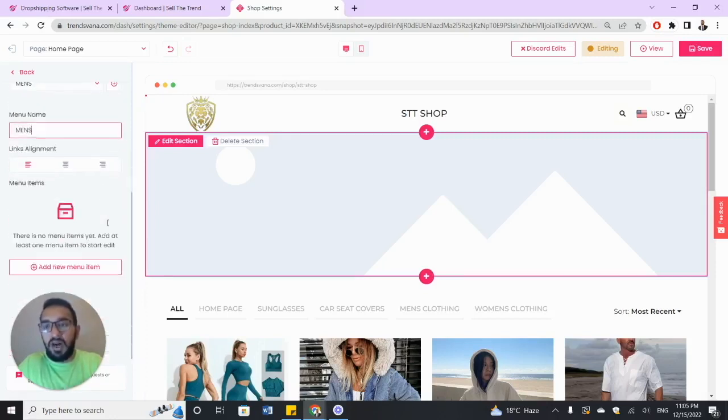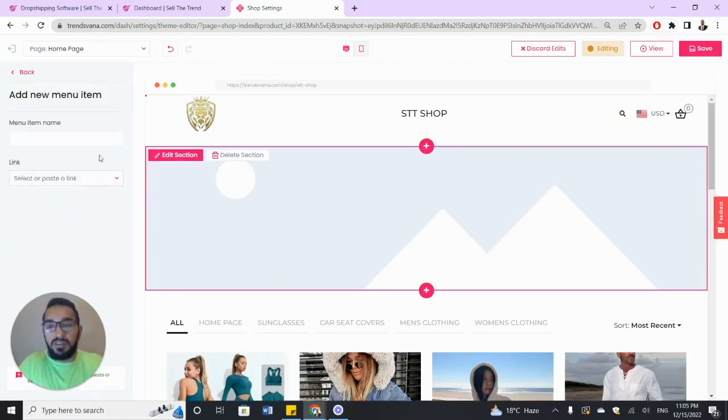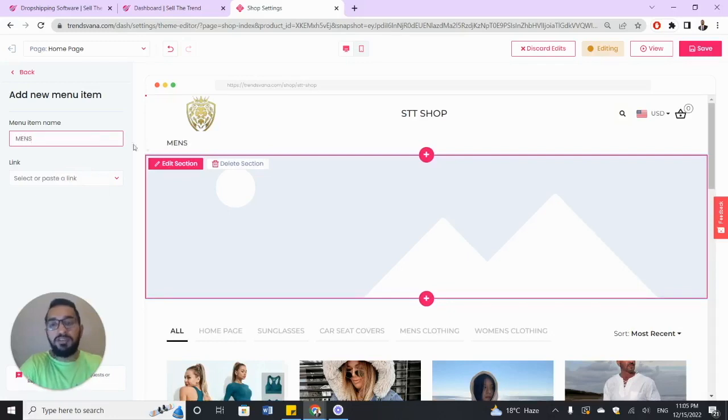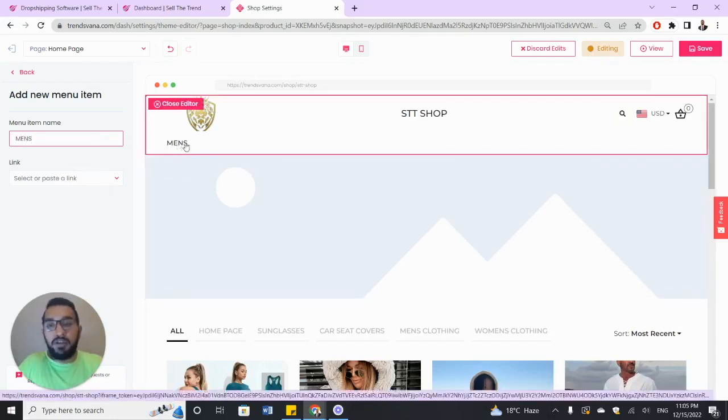Okay, so now you can add a menu item. Right now you can click on men's, for example. So you can see a navigation bar at the header section. This is basically where you can actually create drop downs. You can create different kinds of navigation menus to your use, and these are the features that are